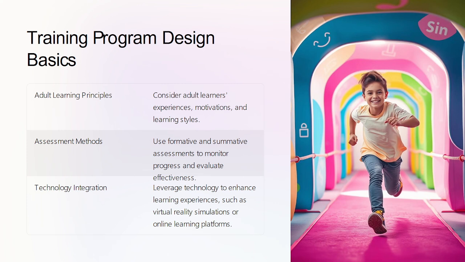How I need to motivate, what experience I need to share with my students. So in adult learners, experiences, motivations, and learning style are the key points. Remember one thing,